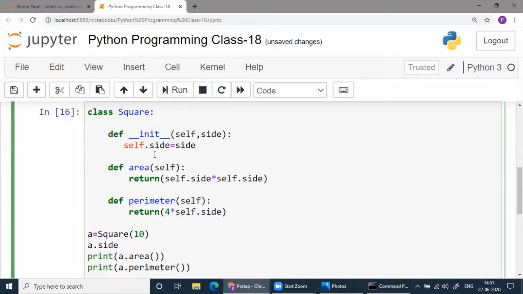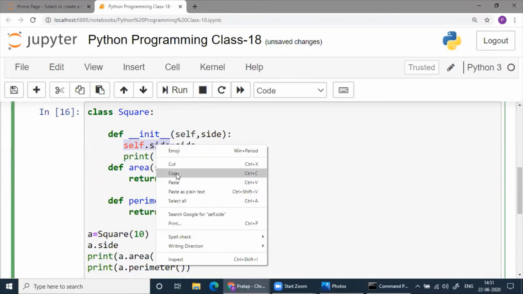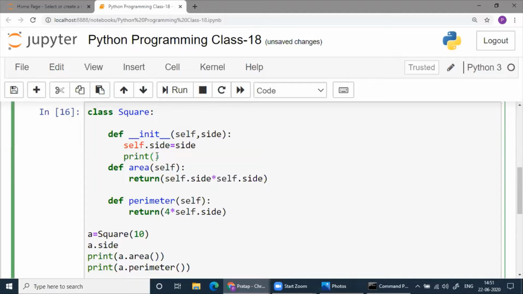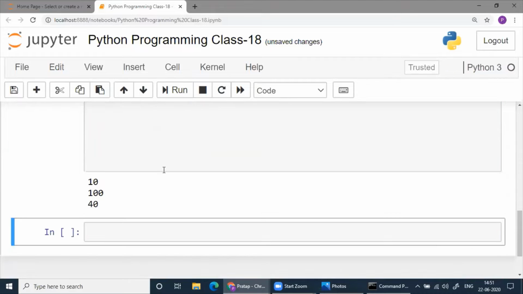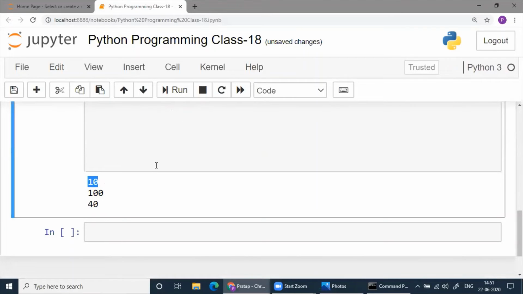That's why we are not getting anything. So if you write a dot side, it will not give you anything. You are sending 10 here, but you have to write print. Run it. See, 10 I got.